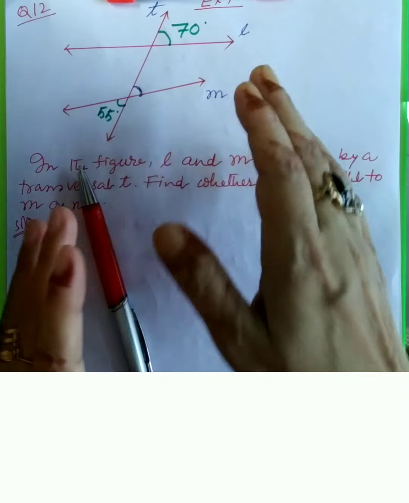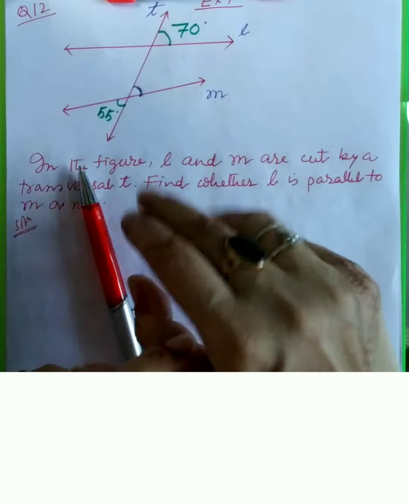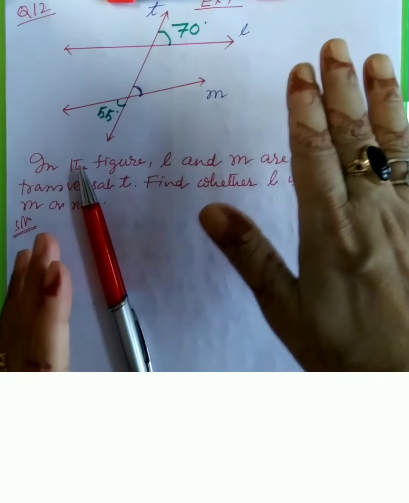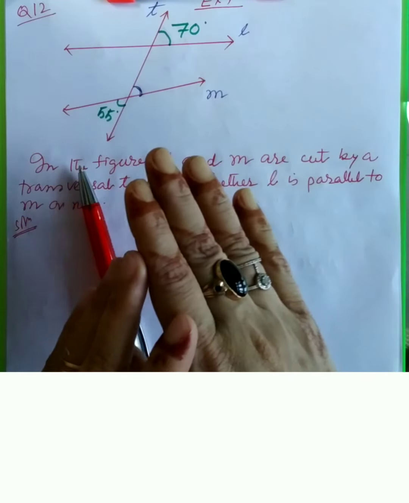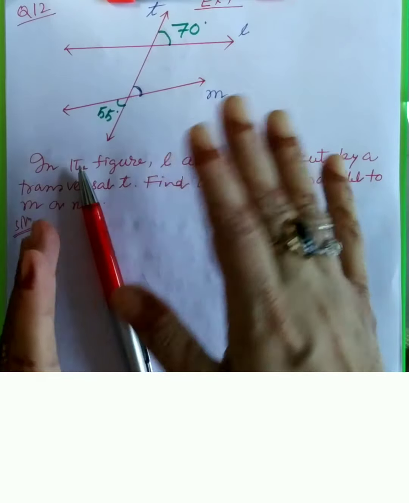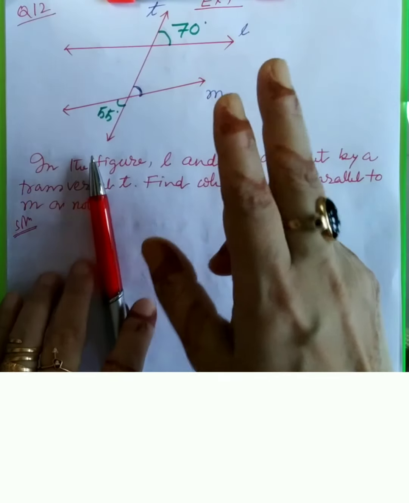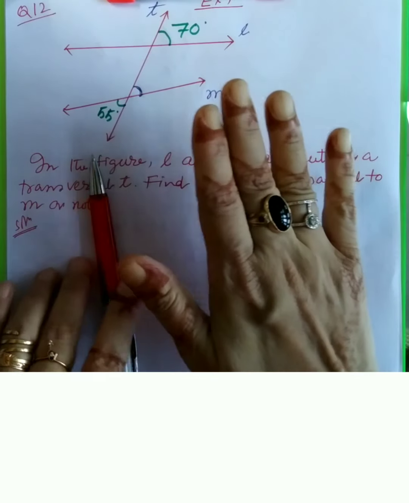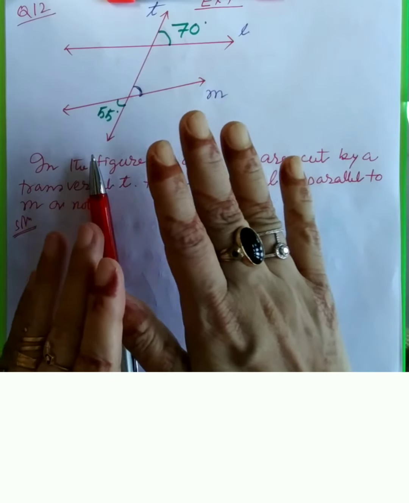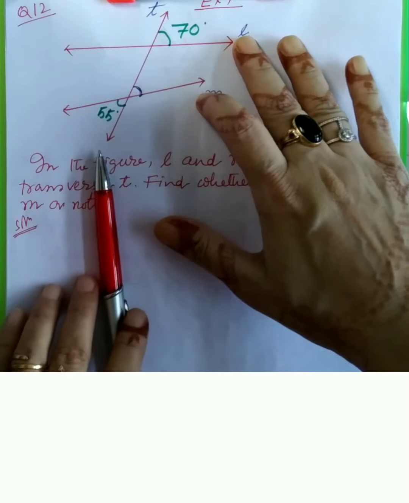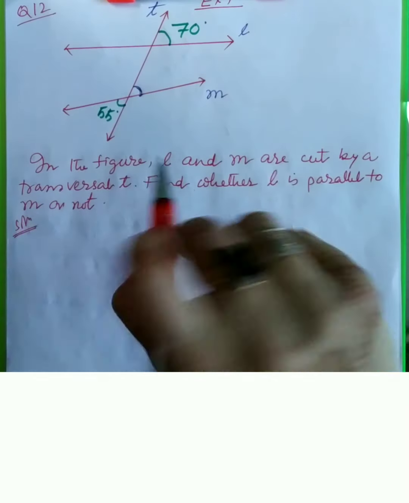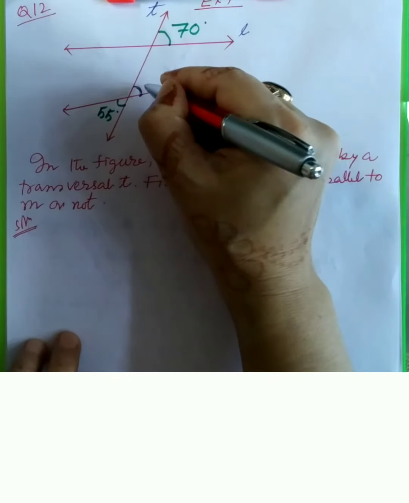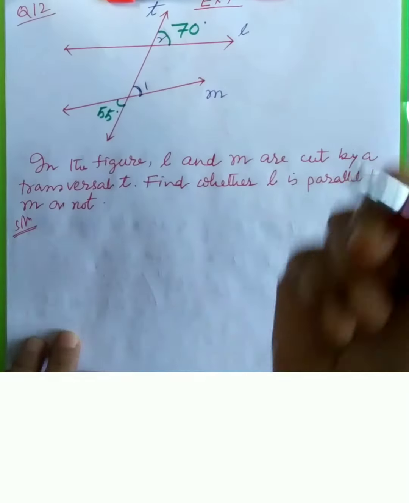We know in case of parallel lines cut by a transversal, many criteria are fulfilled, like corresponding angles are equal, alternate interior angles are equal, etc. And conversely, if we can show any one among these criteria is not fulfilled, then we can say that this pair of lines are not parallel. Okay, let me name these angles 1 and 2.